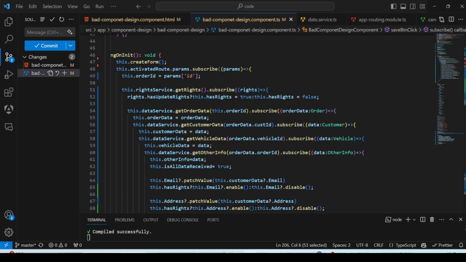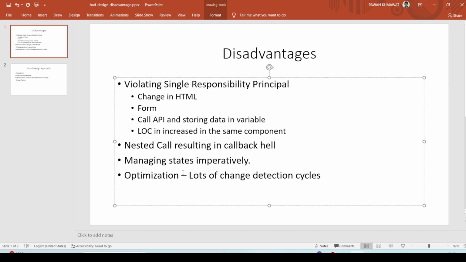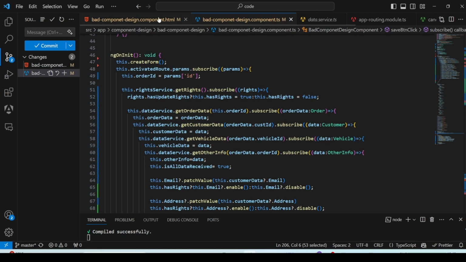If you look into the code, there are lots of nested calls, and in real world complex forms these calls can increase to 10 or 12 levels. So you can see it is very difficult to manage the data when the calls are nested. The third disadvantage is we are managing the state imperatively. So if you look here in the HTML,